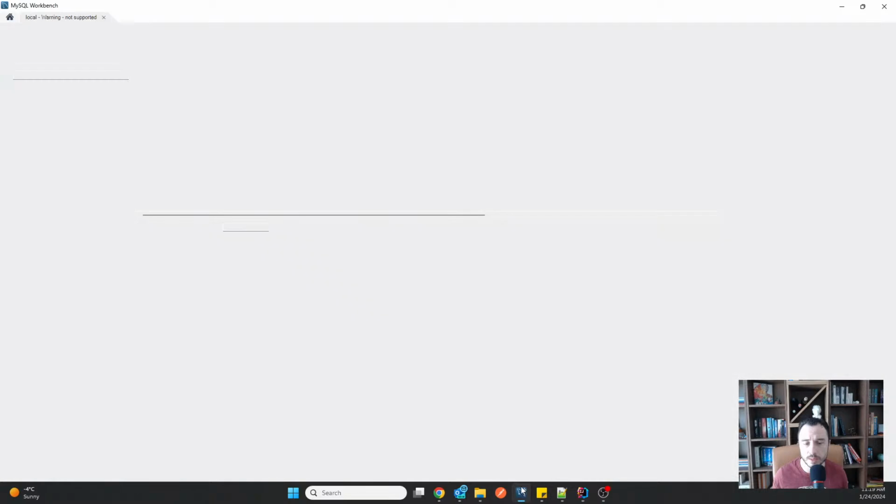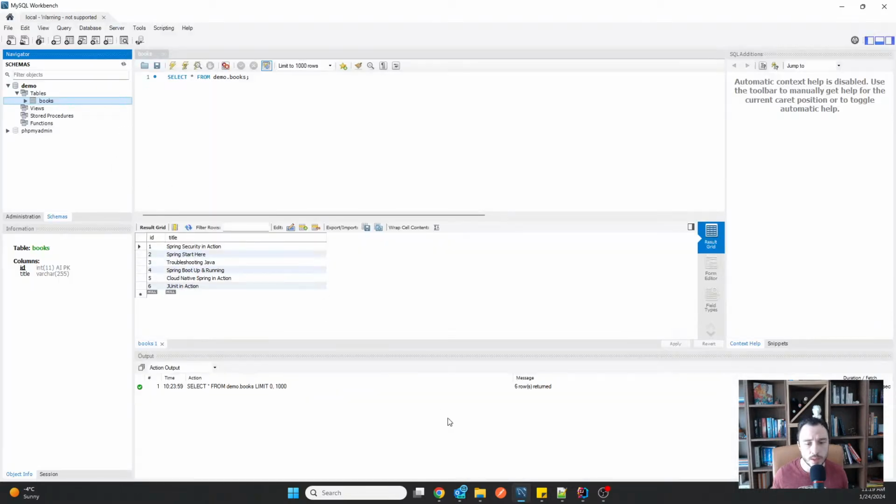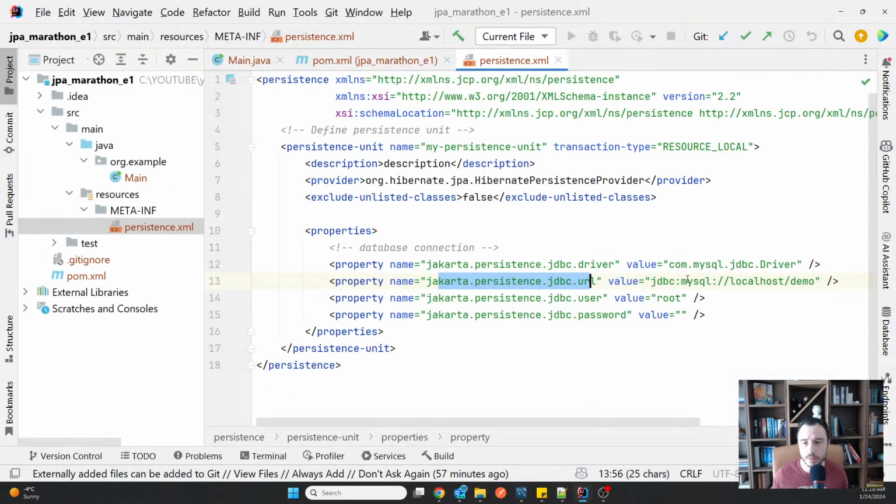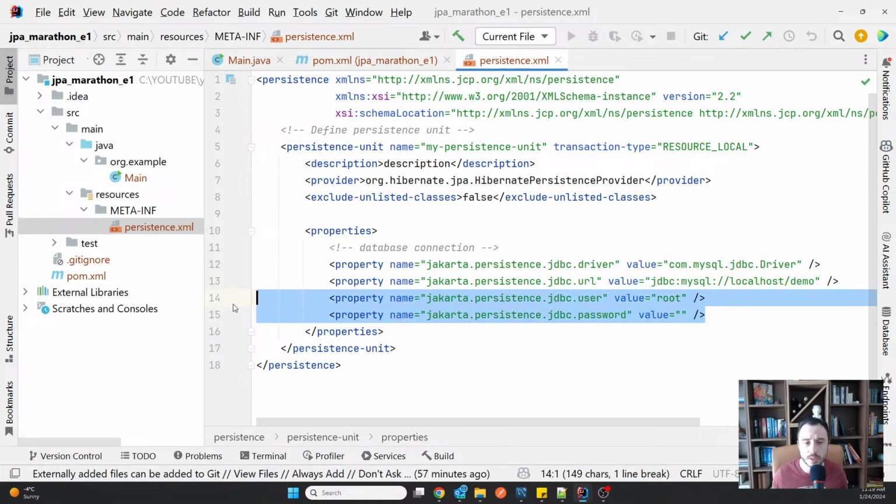My database was named demo, and that's JDBC MySQL localhost because it's on the local machine. I skipped over the port, which is 3306 for MySQL, but since I'm using the default, I can skip it. Then the name of the schema I'm trying to connect to, and then the credentials, meaning the username and the password I'm using to connect.